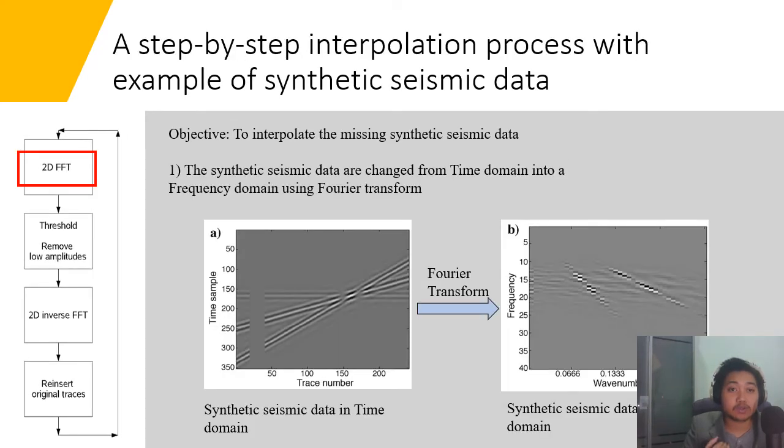Okay, so from this slide, I will try to explain step by step how to do the interpolation process with an example using synthetic seismic data. From the first picture, we can see that there is a missing section here. So we will try to use the Gerchberg-Saxton method to interpolate the seismic and fill the gap in the seismic